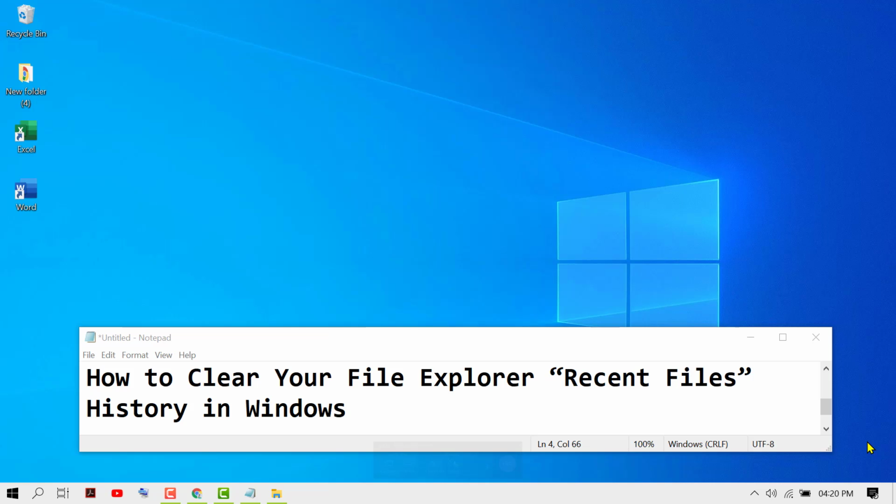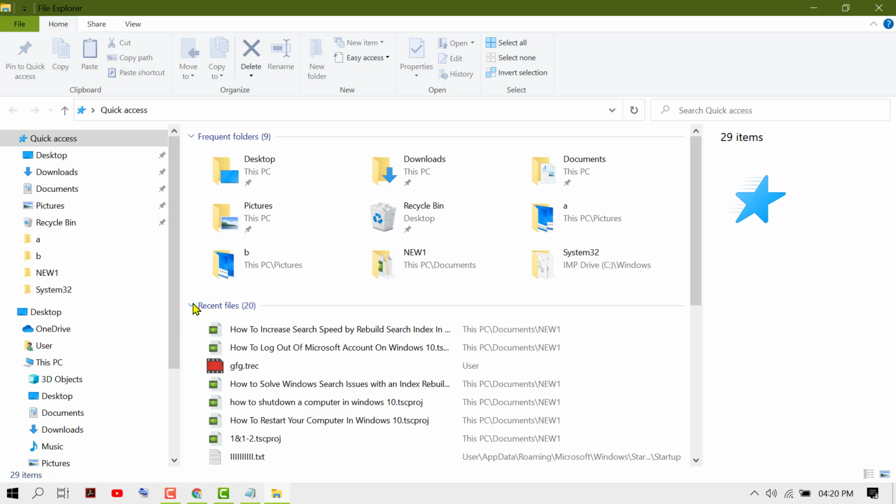In this video, I wanted to show you how to clear your File Explorer recent files history in Windows. So guys, if you are using a Windows 10 PC or laptop and you want to clear and delete your File Explorer recent files, like as we can see here, recent files, and if you want to delete all these files,